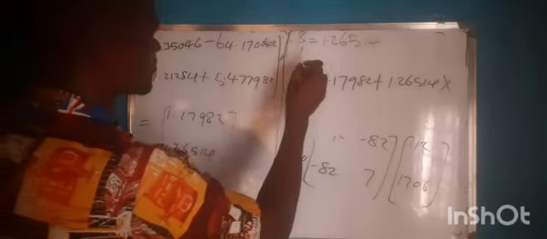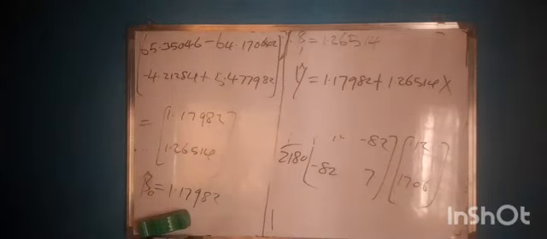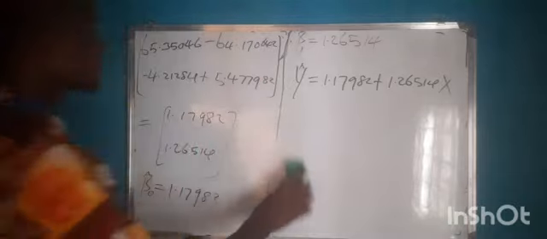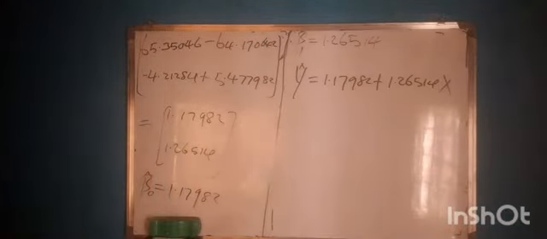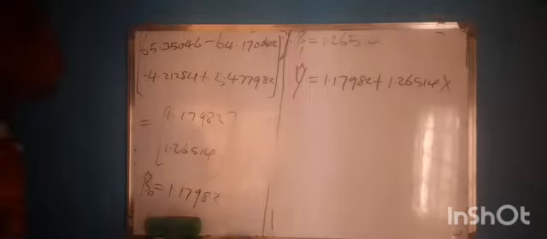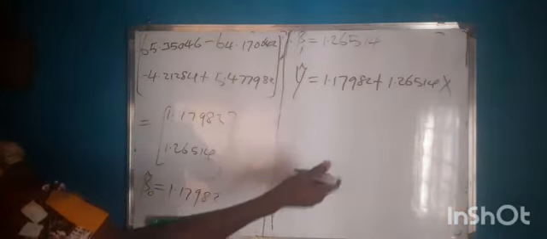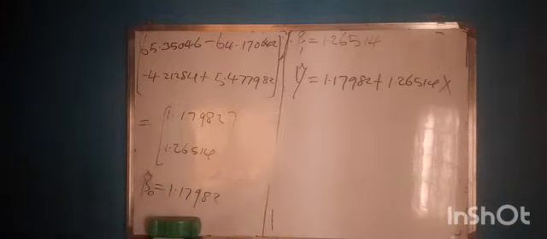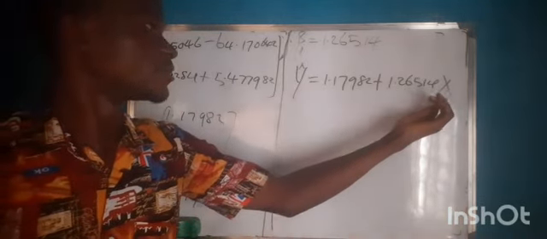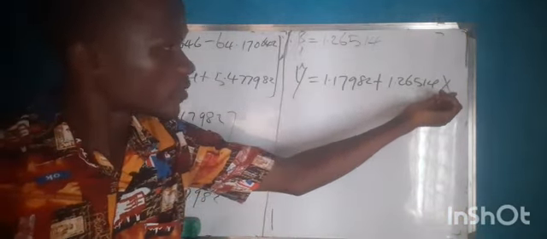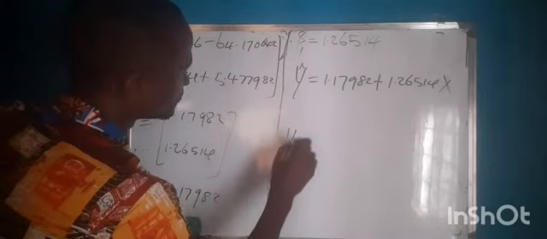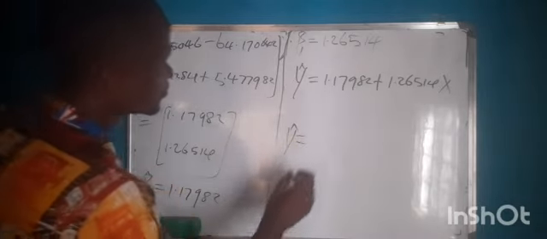So let's put our y cap because it is an estimated regression equation. Okay, the second question says we should predict the value of y, which is the dependent variable, when our x is 25. Predict y when x is equals to 25. So what you do is just to substitute 25, to just replace this x with that 25. So this will give us that our y cap is equals to